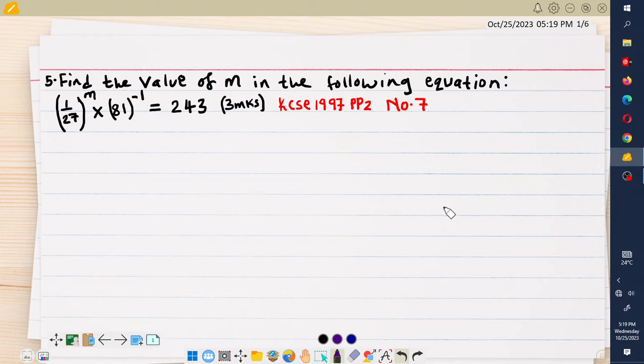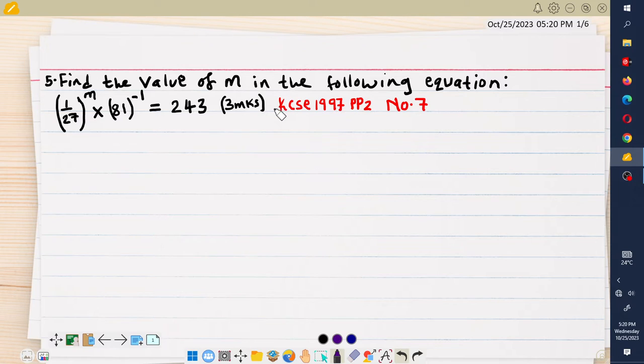It is our second lesson on a Form 2 mathematics topic called indices. Remember, in our previous class we introduced the topic of indices, whereby we stated the laws of indices and did a few examples. So this is just a continuation. We are also looking at past papers equations. We are going to start with example 5, which is a past paper equation done in 1997, paper